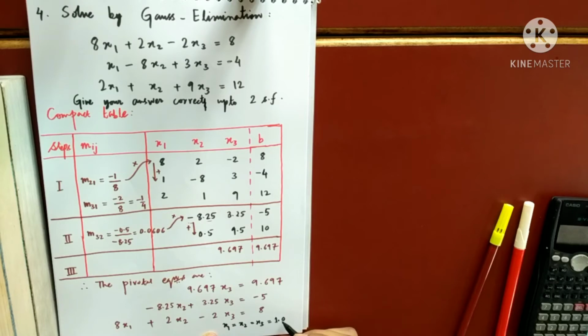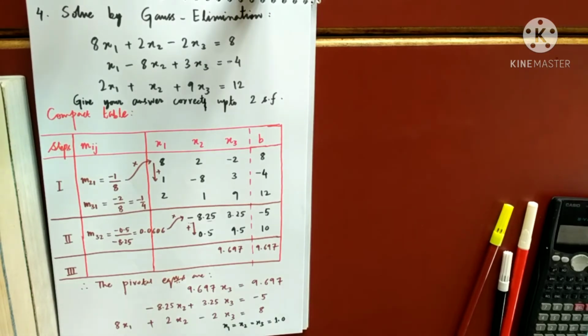Why am I writing 1.0? Because this is the form of writing two significant figures, 1 and 0. So, this is two significant figures. So, this is my answer. I hope you can do it. So if you have any confusion regarding this step, regarding this process, Gauss elimination method, feel free to ask.